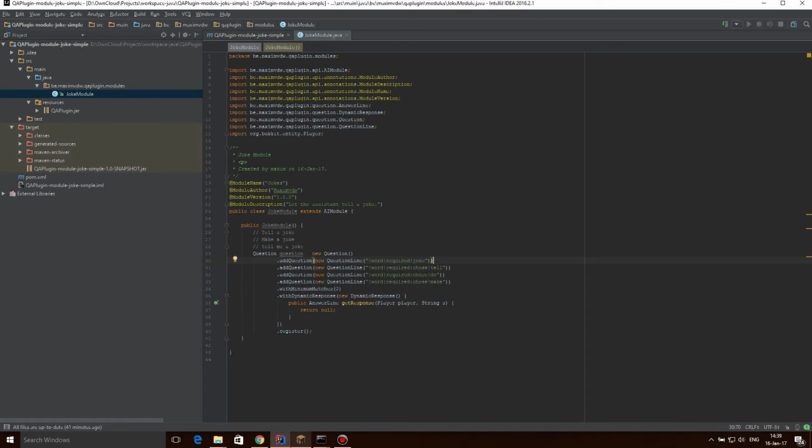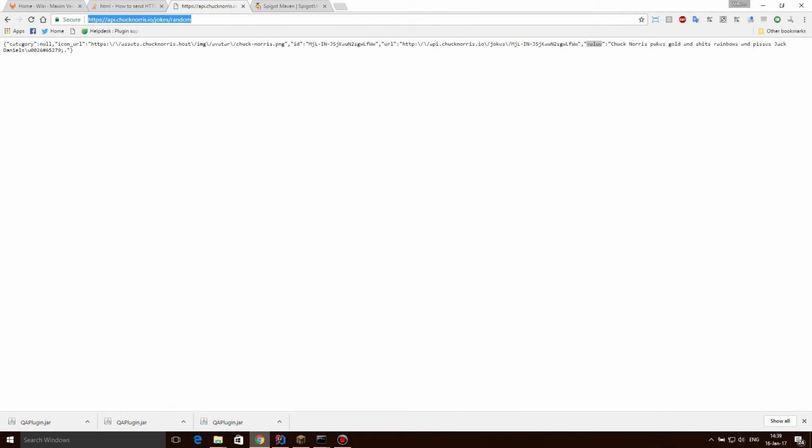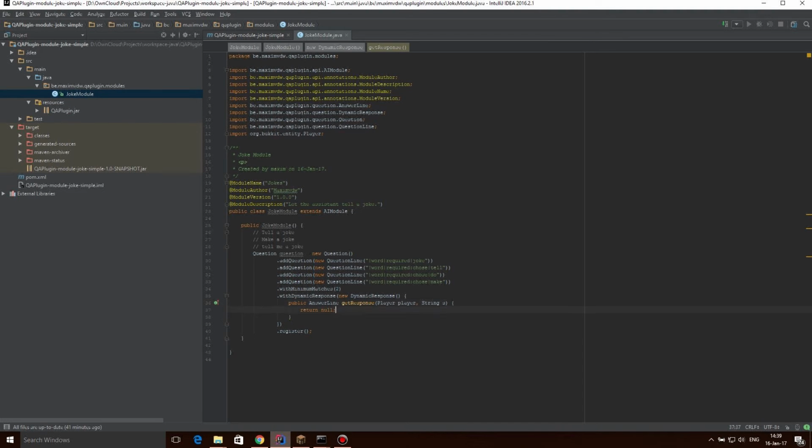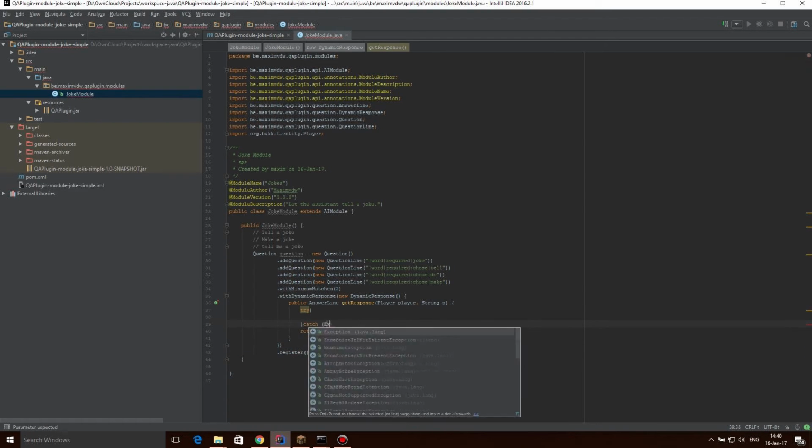Okay, that's fixed. Now, I thought it would be fun to use an API to get a joke. So I searched for an API and I found this Chuck Norris jokes one. It basically returns a JSON string, and in the value parameter of the JSON response, it gives you the joke. So I'm going to fetch that joke from the API. I'm going to put it in a try catch,